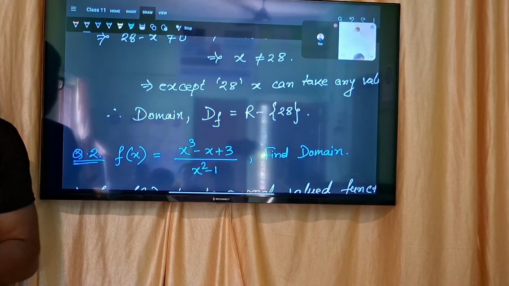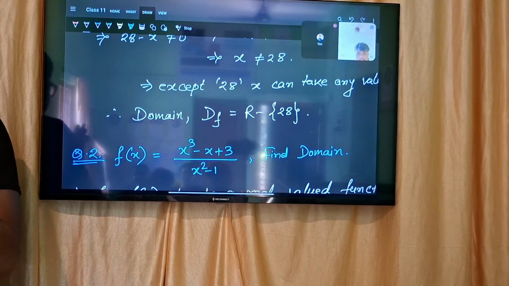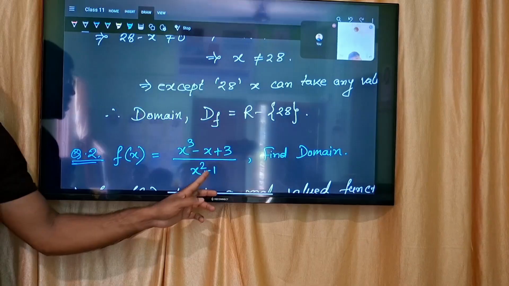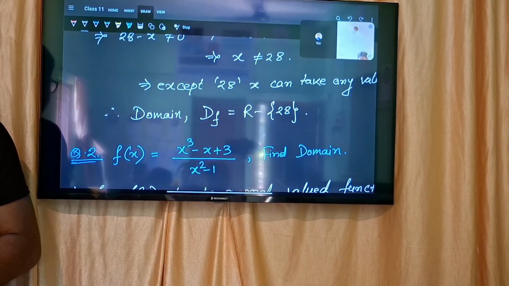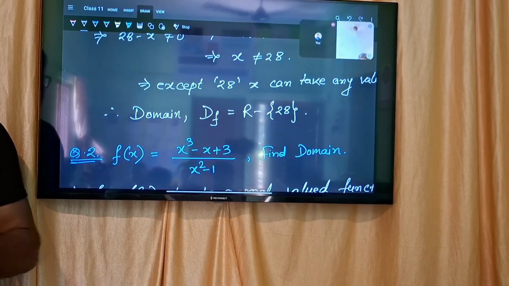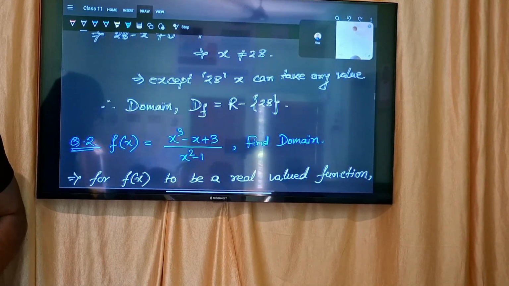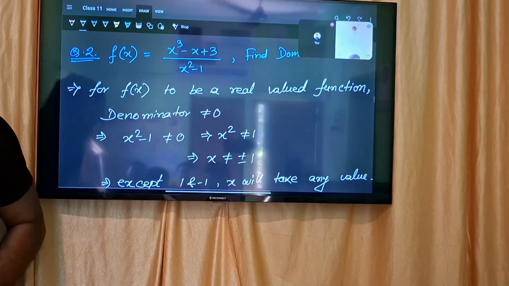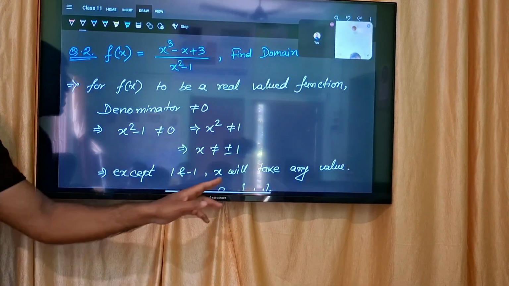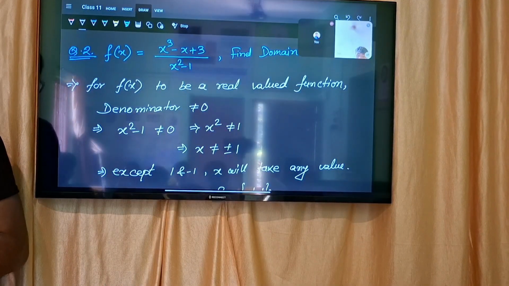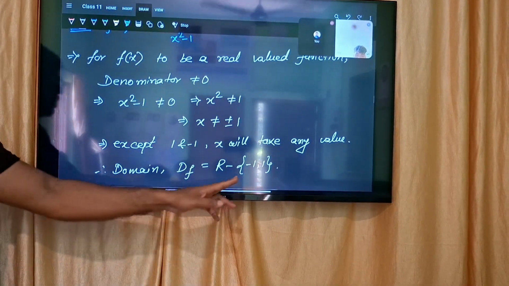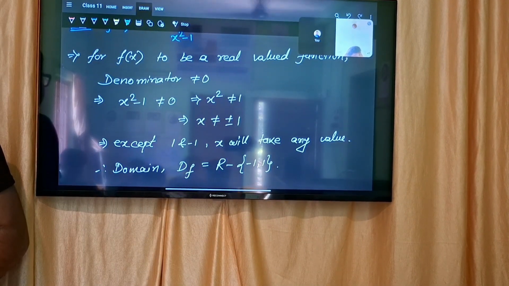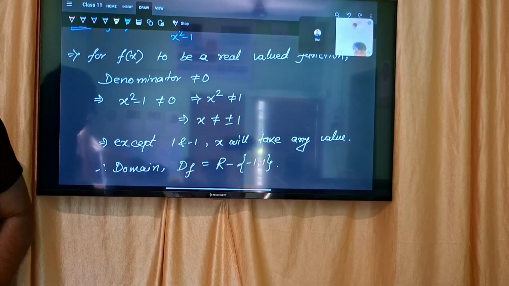Improper rational function. তো ডোমেন বের করার জন্য ইমপ্রপার প্রপার দেখা দরকার নেই, but what type of function is that, সেটা important. So for rational function what we do? So if you put denominator not equal to 0, then what will happen? x should not be 1. Very good, মানে একদম থার্ড ক্লাস কনসেপ্ট। x স্কয়ার আছে, so x square not equal to 1 means x not equal to plus minus 1. So x not equal to plus minus 1 means except 1 or minus 1, x will take any value. So domain will be real number minus {1, minus 1} in second bracket. Clear? তো যাবো বাকিগুলো দেখ, বুঝতে পারছিস কিছু? বাহ, very good, হয়ে গেল।